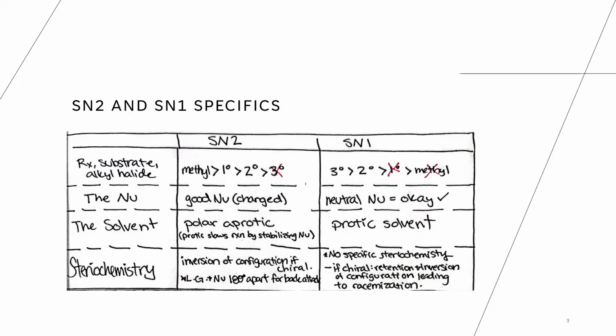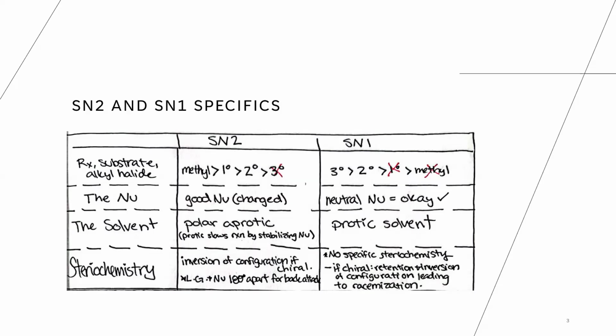But let's look at solvents, because with the SN2 reaction, we need a polar aprotic solvent. A protic solvent is actually going to slow the reaction down by stabilizing the nucleophile. It basically is forming a solvent cage around a good nucleophile through hydrogen bonding effects, which the nucleophile has to try to break out of, which it will eventually, but it has to break through those hydrogen bonding effects to be able to find the electrophilic site. So that's going to slow it down. It's not going to like that. We want